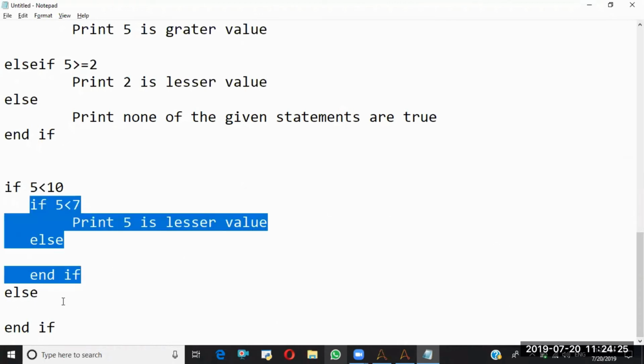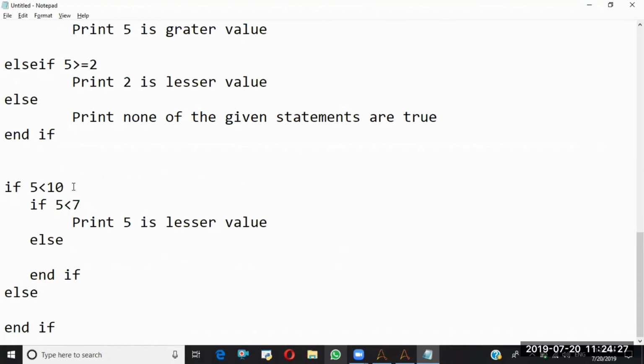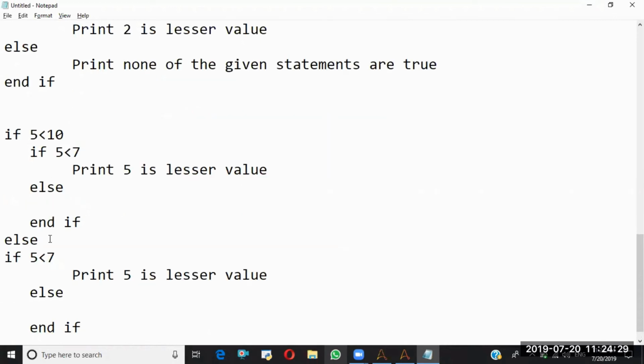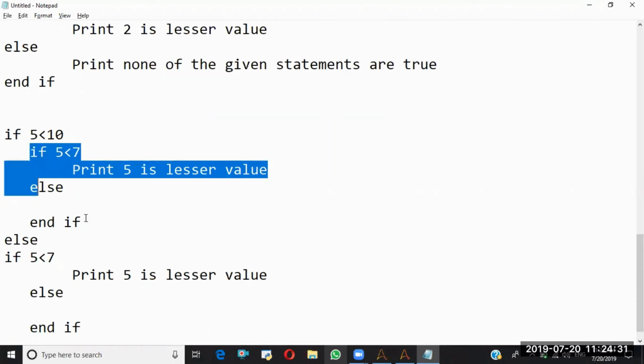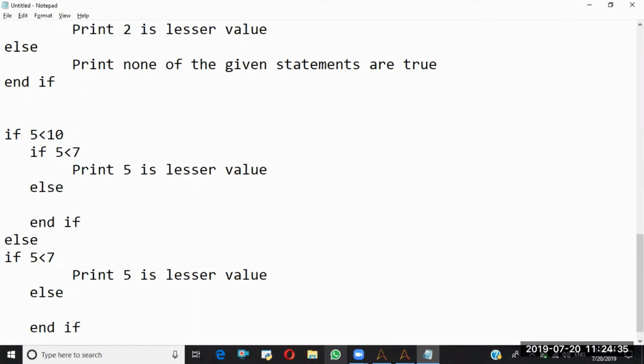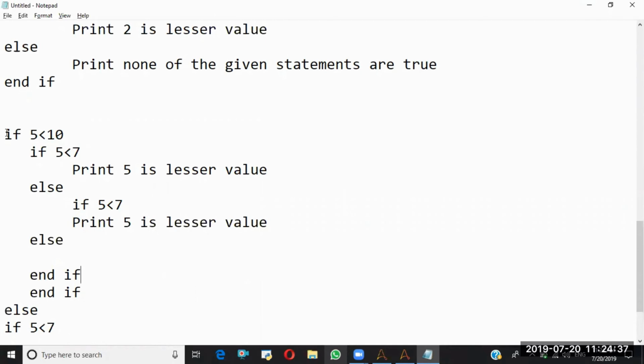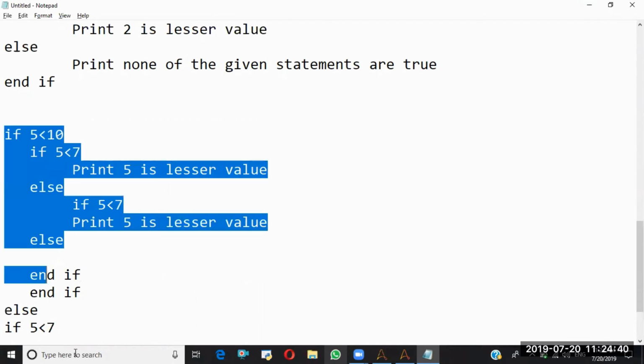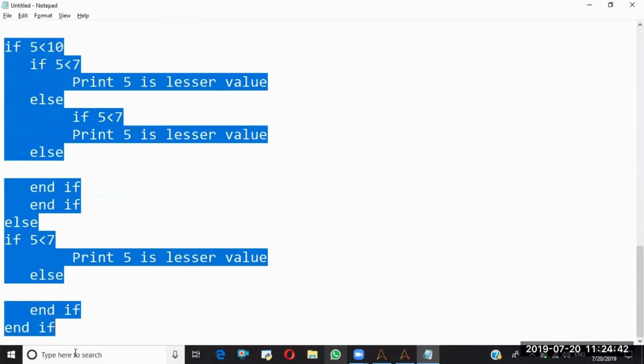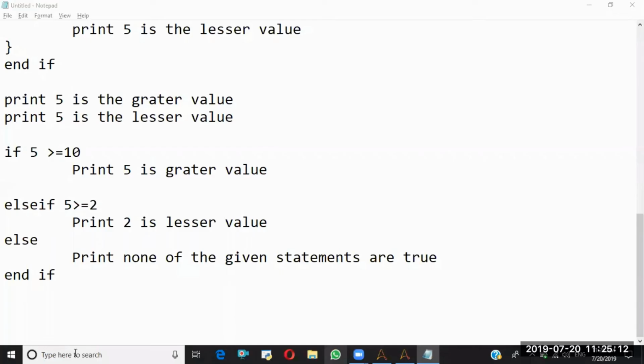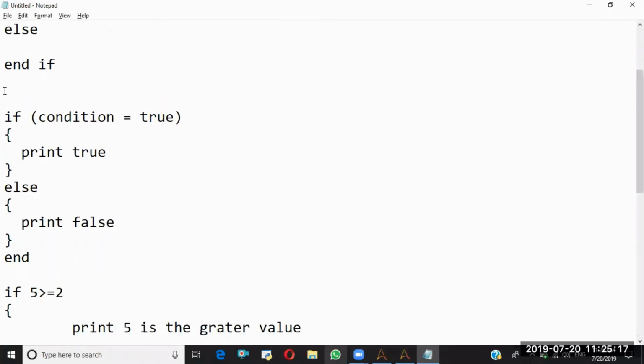That depends on your requirements. You can put nested conditions like this. Again inside this you can put one more thing. Like this you can go with n number of statements in a nested manner. So like this nested if conditions will work.